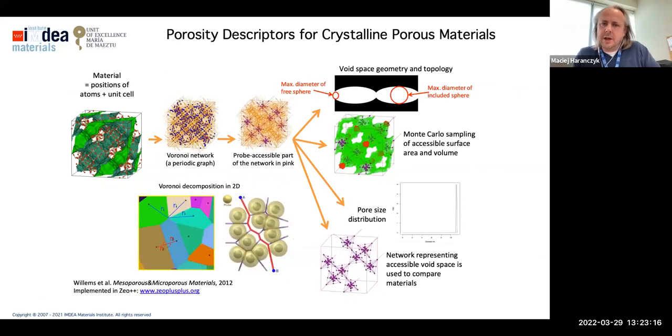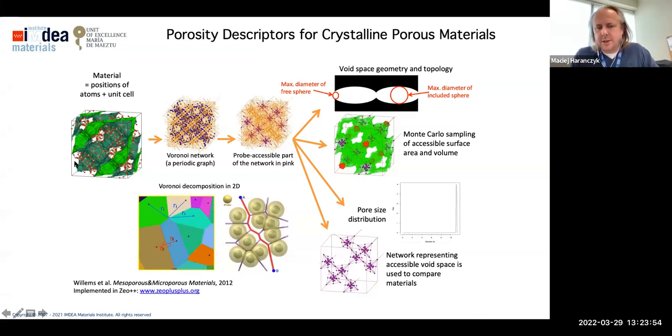Just to illustrate, for example, to calculate descriptors related to porosity, we need to develop the whole framework. Fortunately, this is already a couple of years old, but this basically illustrates that if you want to calculate, let's say, the size of the largest pore, or the diameter of the largest spherical probe that can travel through a material, we need to develop software that will do it. So in our case, we developed this code called Zeo++, which can start from the structure of a material.